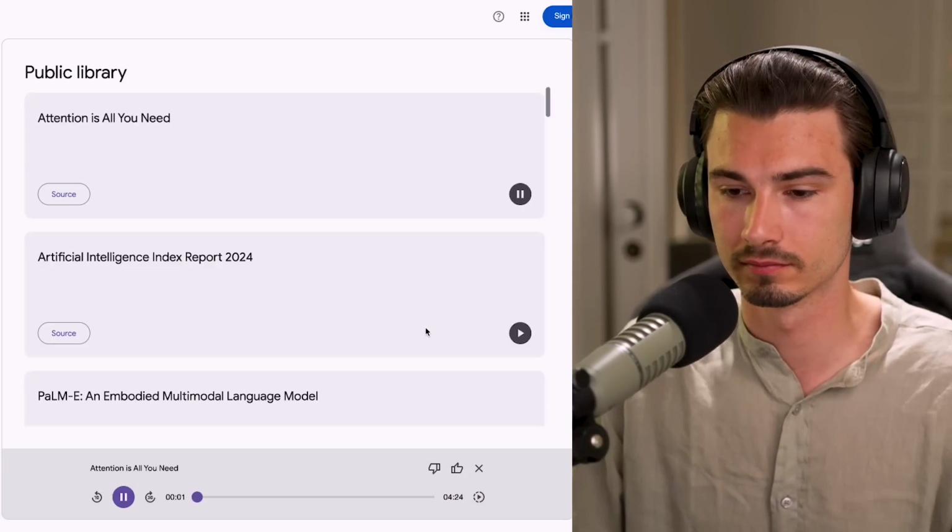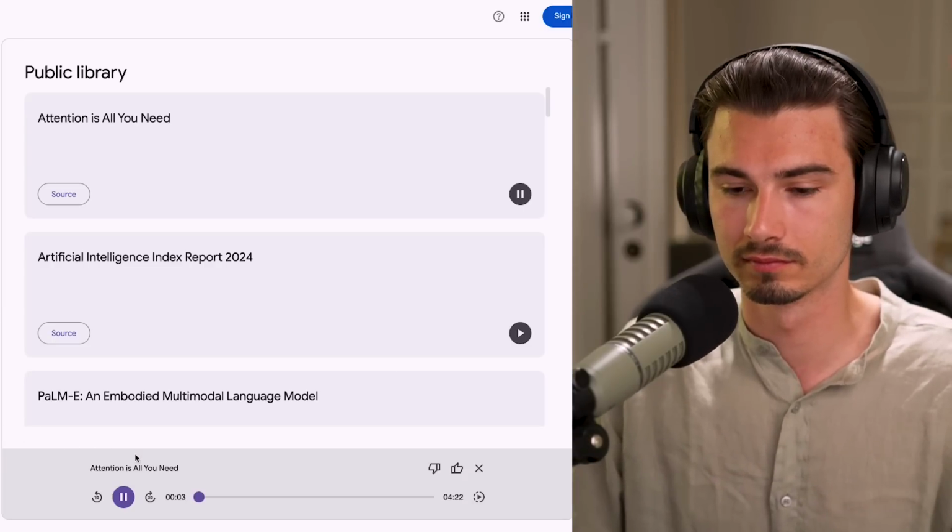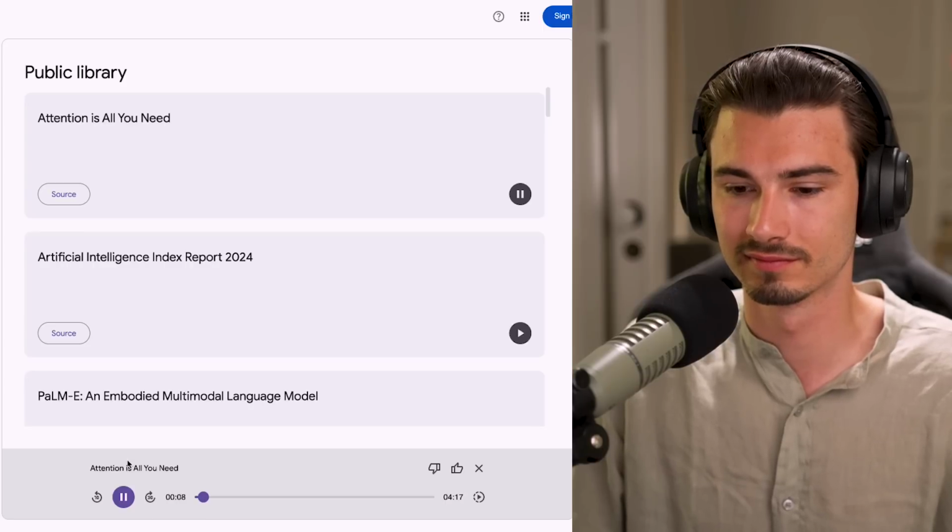Let's unpack a paper titled "Attention is All You Need." What's the core idea here? Well, the big idea in this paper is that we can build a really effective sequence transduction model without using